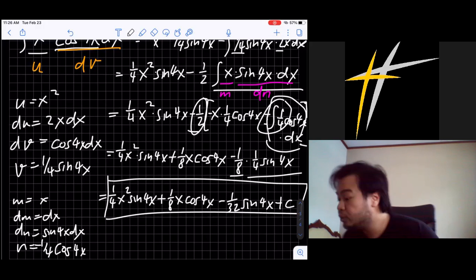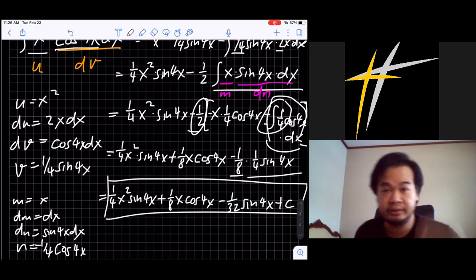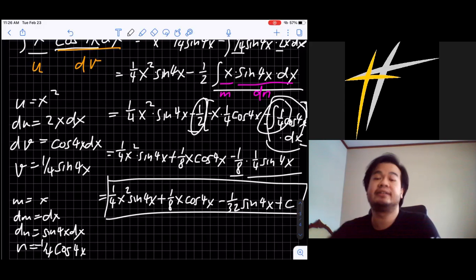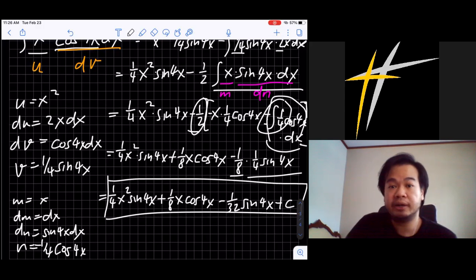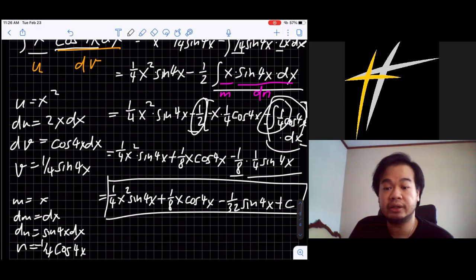So that's how you do integration by parts. And in the next lesson, I'm going to teach you how to do repeated integration by parts quickly by using a table. Okay, so that's all for today. I hope you understand. I hope you know how to use this method when you have a product of two functions and you want to find the integral. All right, thank you for today.